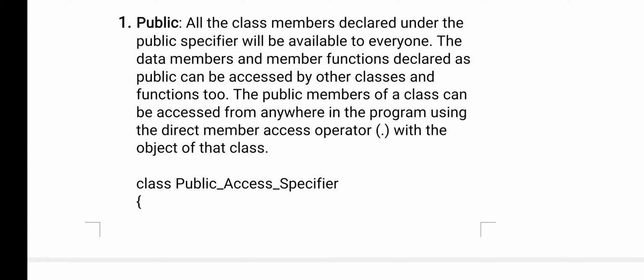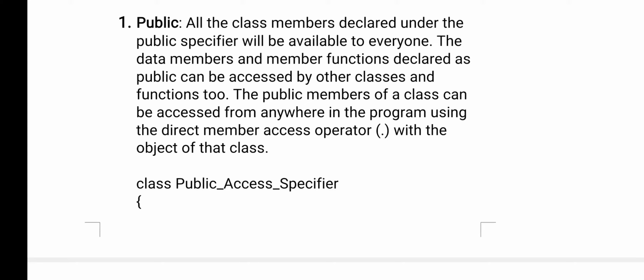If you don't want to give security, if you don't want to hide any data, if you want to distribute your data, or you want other classes to use your property, then you declare that property as public.